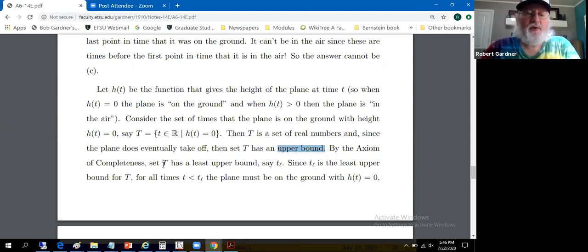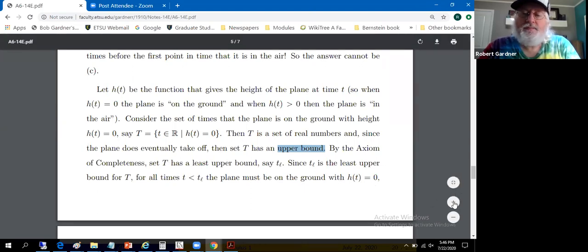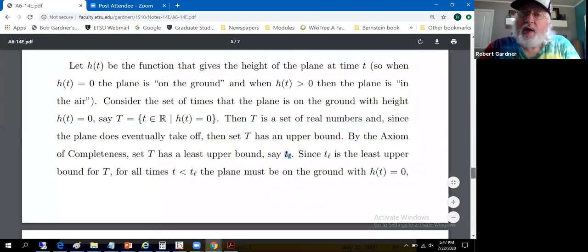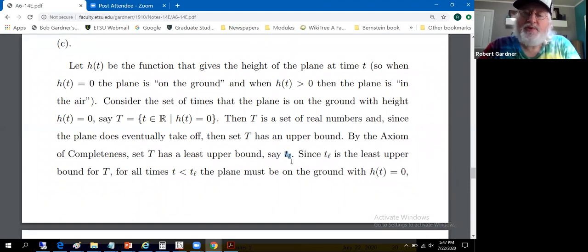By the axiom of completeness, set T has a least upper bound. Let's denote it T sub L. Okay, so there's what the least upper bound is. You know that point exists by the axiom of completeness. The upper bound guarantees the existence of a least upper bound. Little subscript of a calligraphy L for least upper bound. Since T sub L is the least upper bound for set T, then for all times